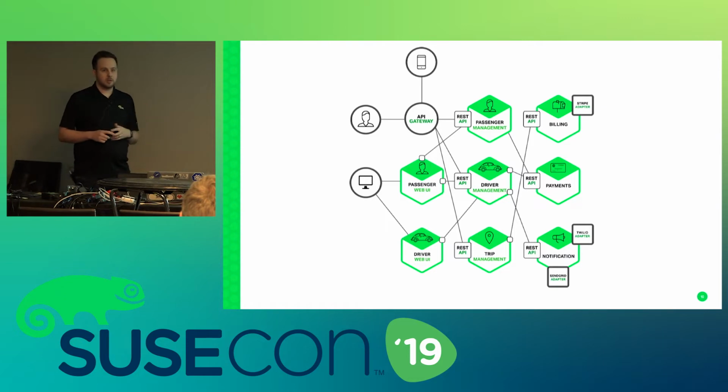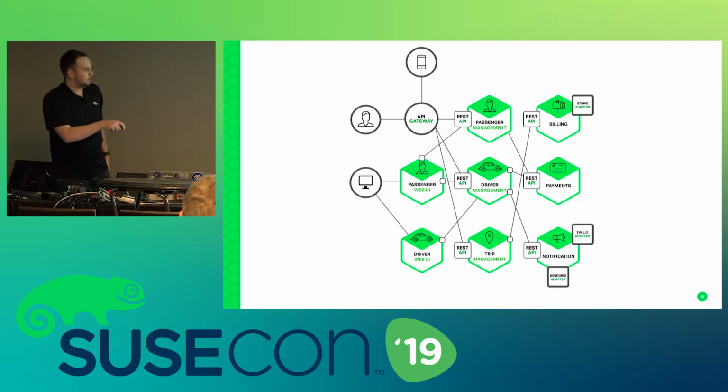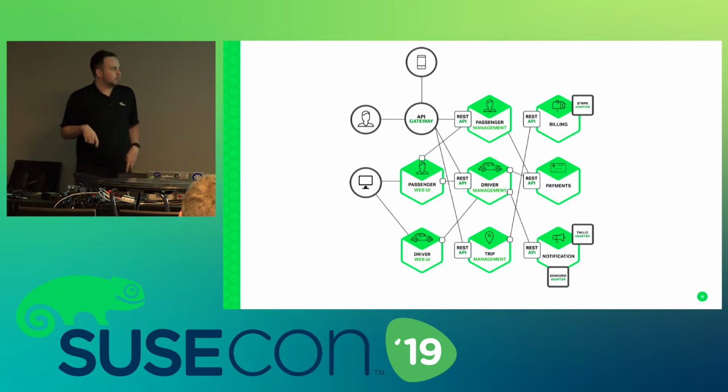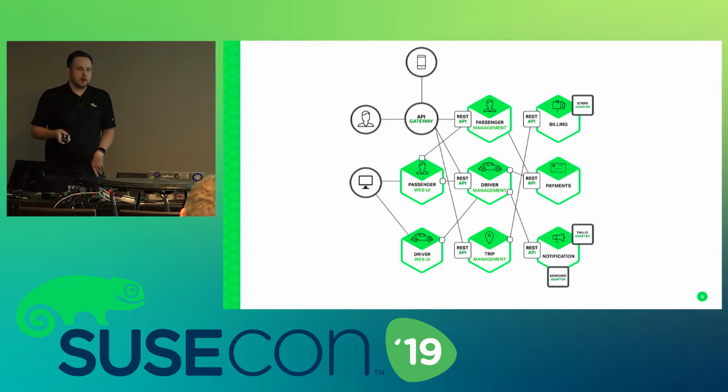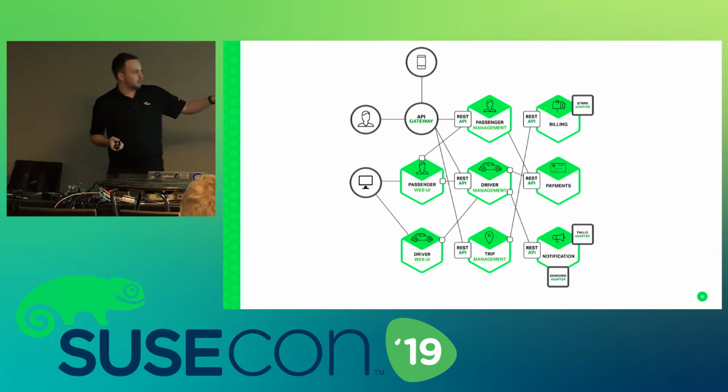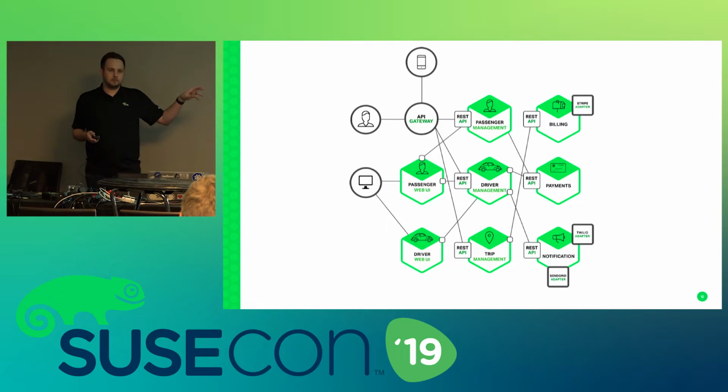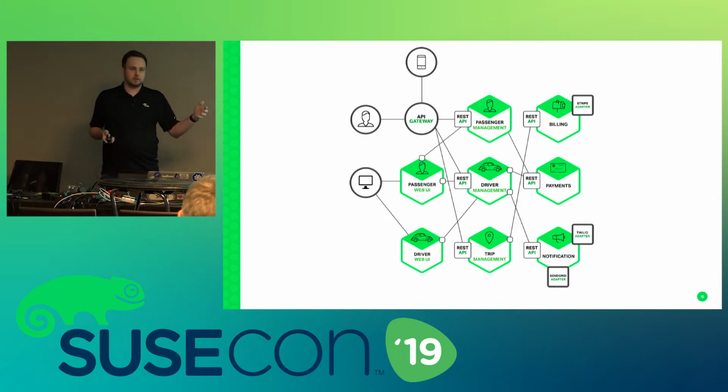So with microservices, we start breaking things down into their individual component pieces, and we'll see there that there is a dedicated cube that we've got for payments there on the right-hand side in the middle. What that means is that I can update the payment part of my application without impacting the availability of any of the other services. Adding Apple and Google Pay support is just a matter of those developers updating the payment service.